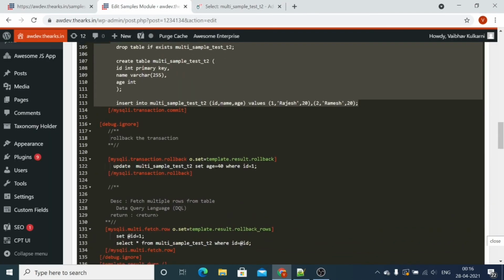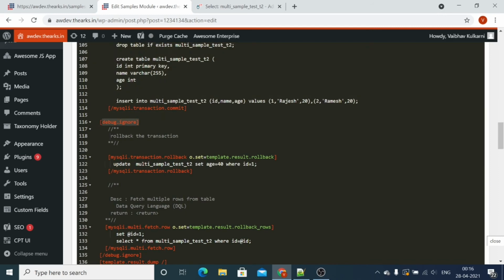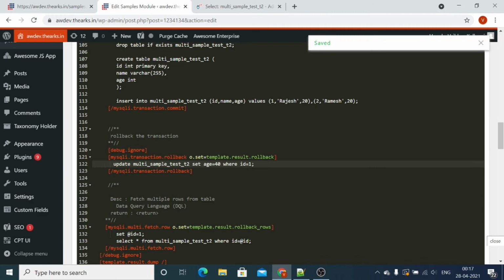Now similarly, in the rollback, you can write the query in the rollback section. So this will not show you a result, because whatever queries are written inside the rollback, the results vanish; they are not stored or not executed.